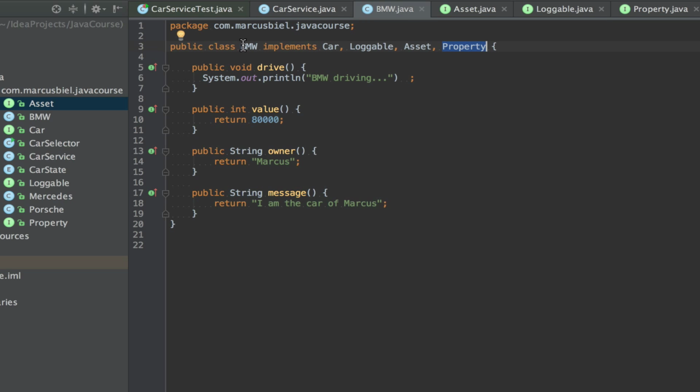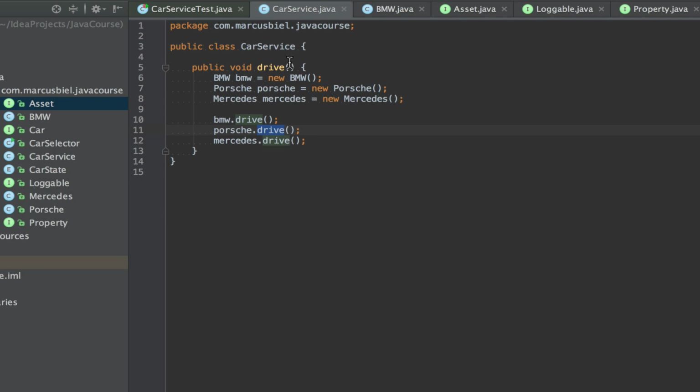Okay, now let's use my classes implementing the interfaces. For this, we go back into my car service. What I can already do is, my reference variable is at the moment of type BMW, the class.